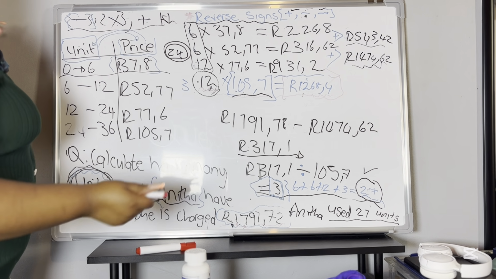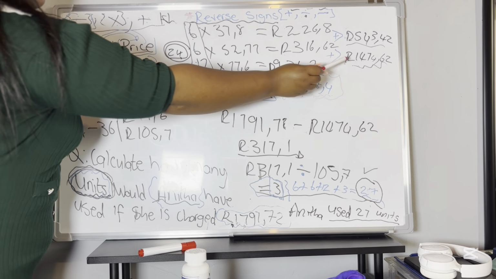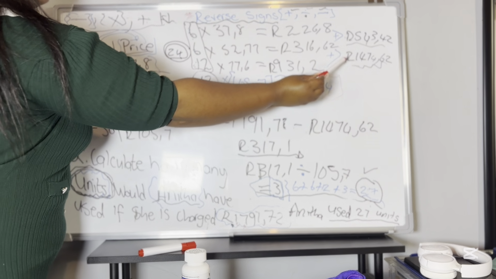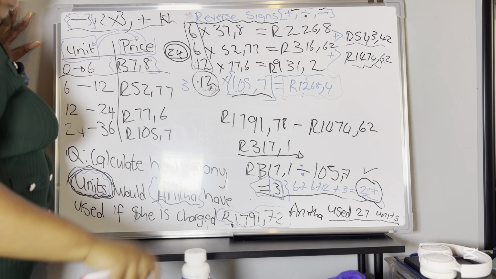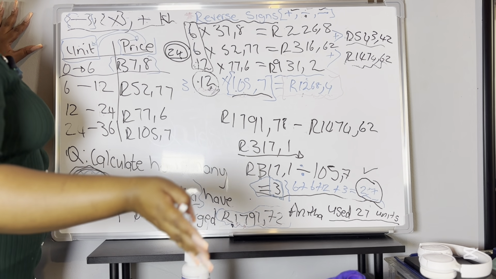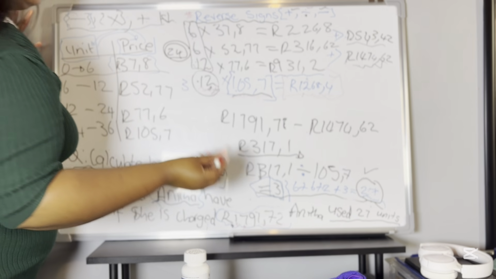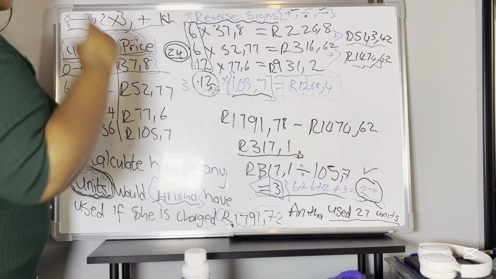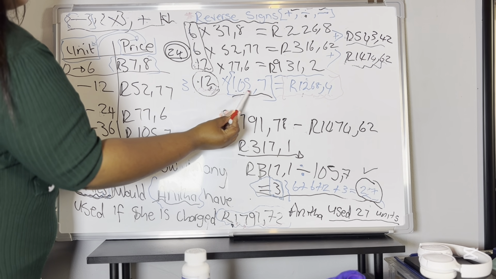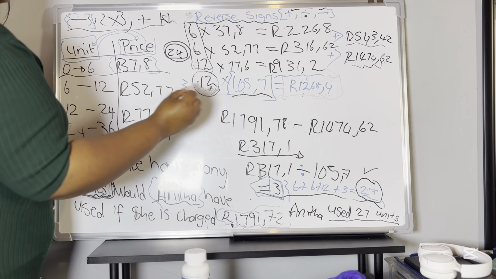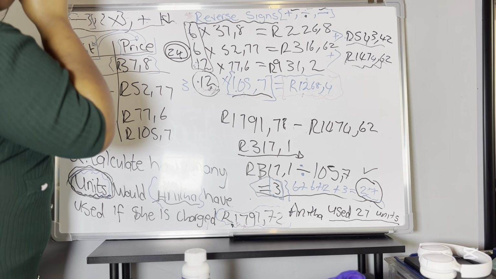So if you check here, we didn't add the 1.2 to 1.4, because if we added 1.2 and 1.4, our answer was going to be more than 1.7. It was going to be 2,000 and something. So how do we know if the 3, which gave us 27 units, is correct? If we take the 3 and multiply it by 105,7, because the 3 belongs here,